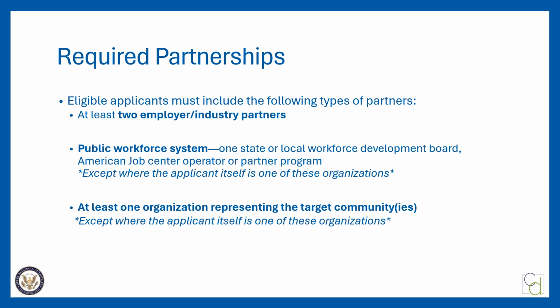There's also a list of optional partners on page 27 of the FOA, which could include labor unions, employer or industry networks, economic development organizations, local governments, regional planning organizations, higher education or other providers, supportive and human services providers, and others. Consider who will make your project stronger, who will help you access, especially those equity populations you must prioritize, and they may be added as partners as well.